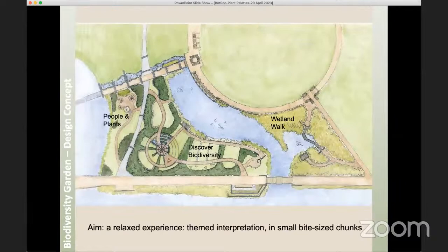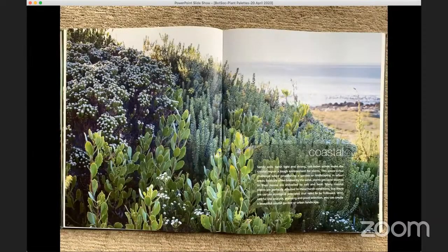And so I was asked for a conceptual design and to develop a series of thematic gardens for the biodiversity garden, which would highlight this incredible biodiversity that we have in the Cape. And what I realized is that because it was a park and this was so open and people would be playing ball and picnicking, I wanted to screen the display areas so that I could focus people's attention on all the educational stuff. And so for that, I used a palette called Coastal Thicket, which has proven to be very